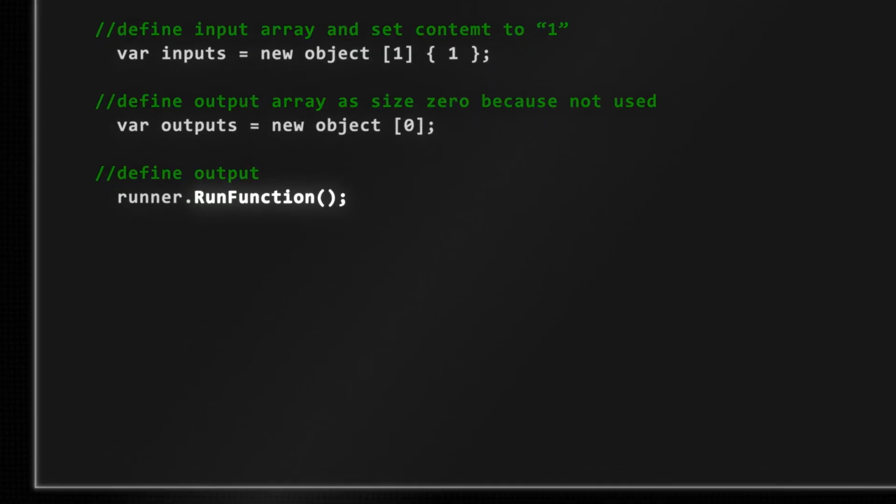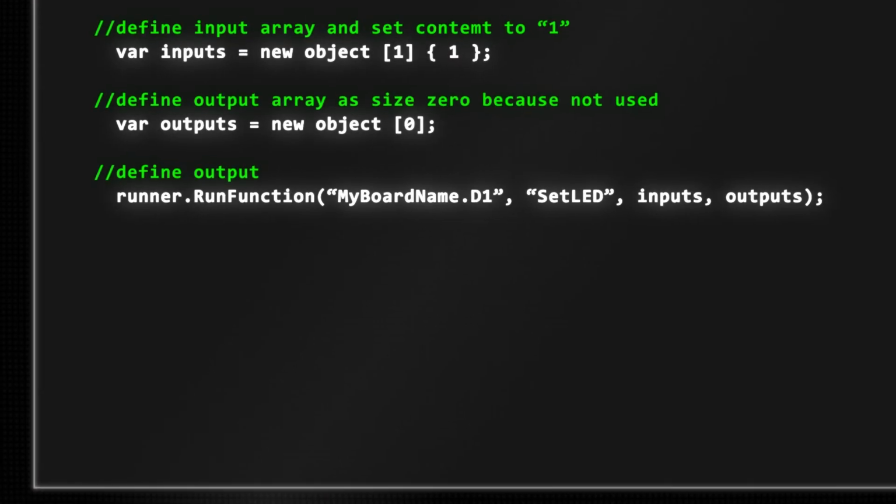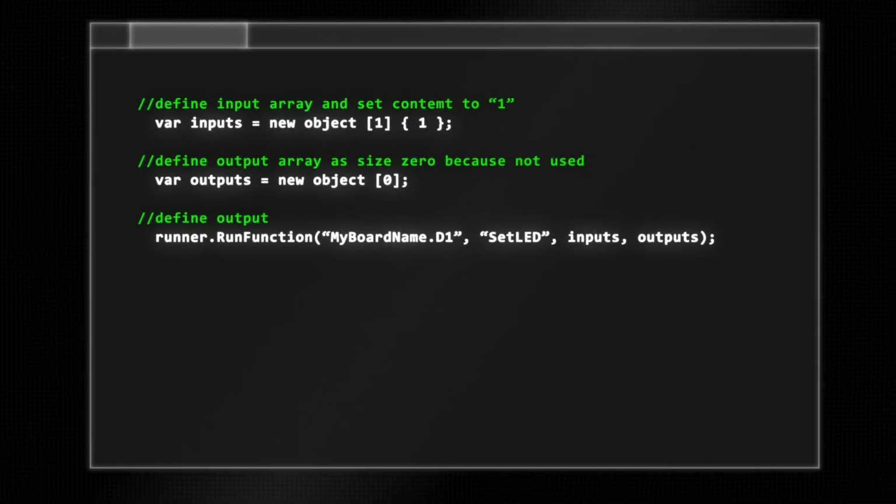To do so, you can use run function instead of run test, and pass in strings for the name of the device you want it to operate on and the name of the function to use, along with its input and output arguments. As an example of when you might want to do this, think about the situation when you need to use external equipment to check an LED's colour and intensity.